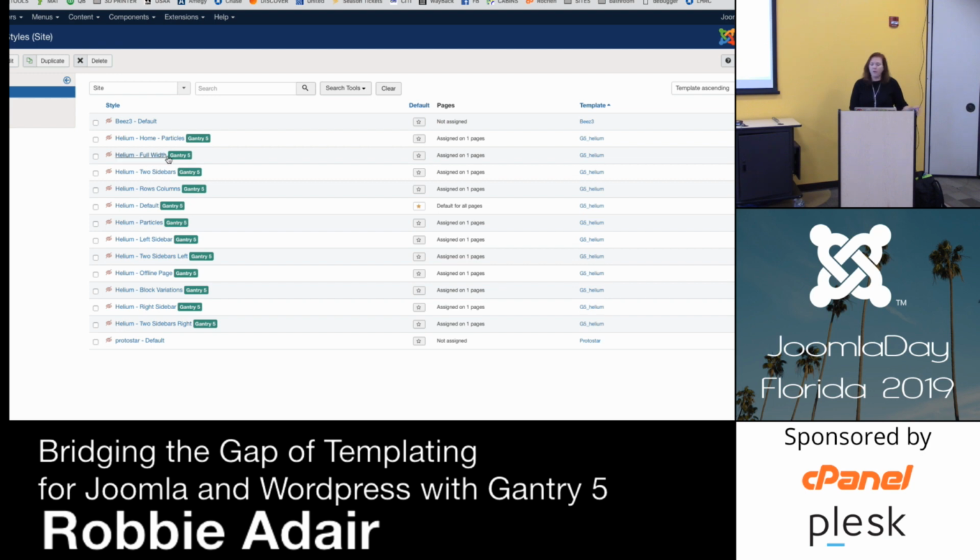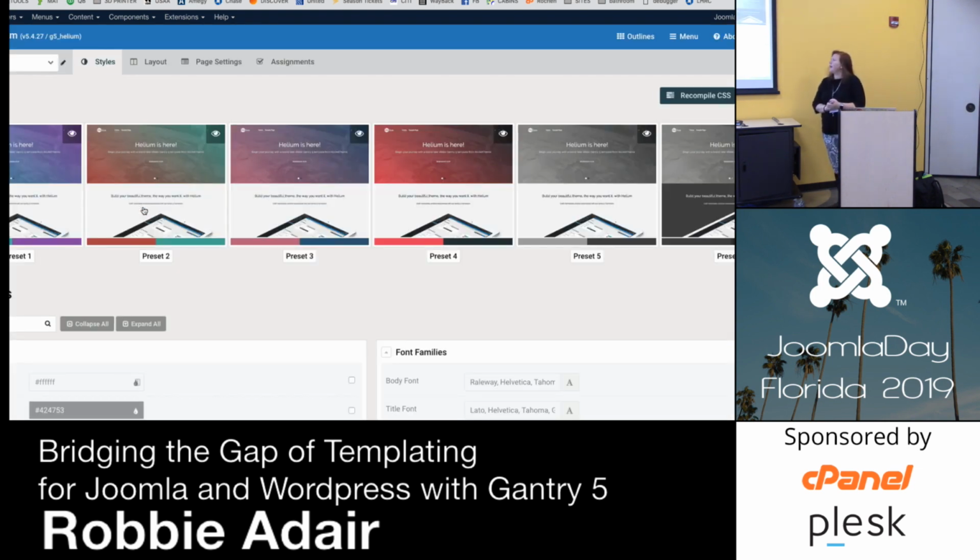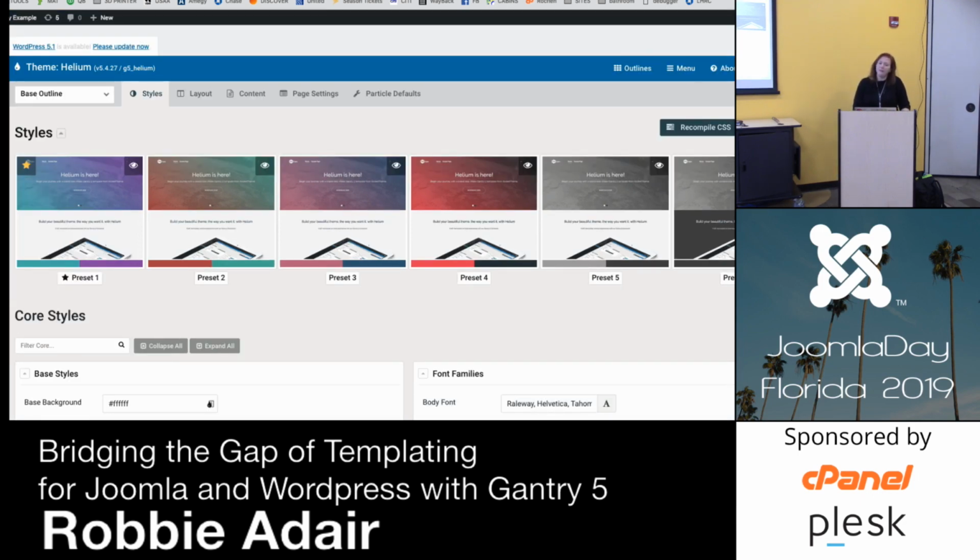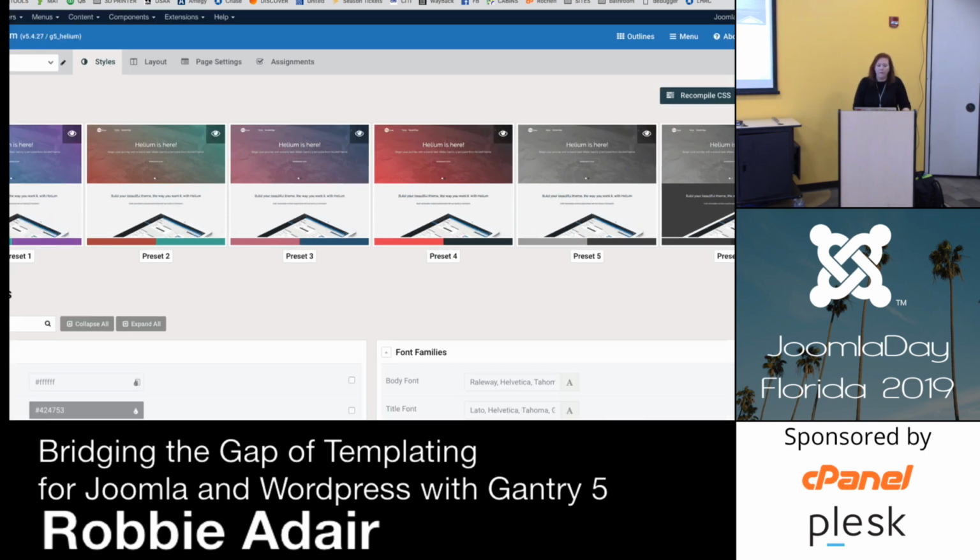And so I can have a full width theme, or I can have 2 columns, or I can have a column on either side and the center, or I could do my main content in 2 columns. I can do different ways I want different pages to lay out, okay? They're still all building upon the base, though. So if I go in here and I look at my default, wow, it made my screen super tiny. If I go and look at my default, you can see how these look almost identical, right? I mean, it is identical overall.